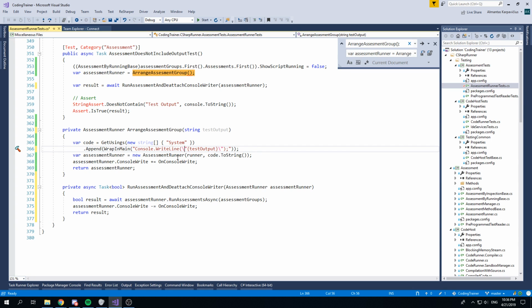And dollar sign here. Yeah, good. So we have test output and case number 1,